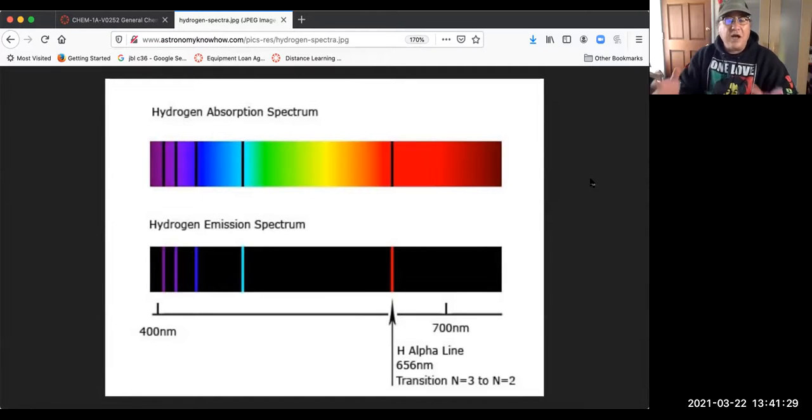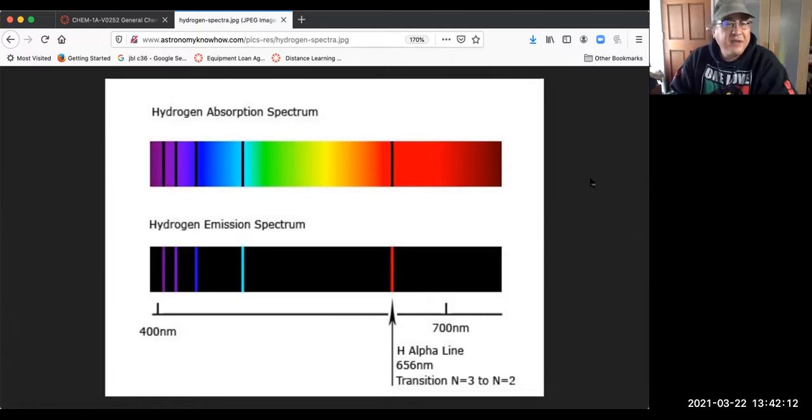Okay, so I went online and I found a hydrogen absorption spectrum and a hydrogen emission spectrum. If you take a look at the bottom spectrum, that's the emission spectrum. So that is a hydrogen lamp with electricity pulsing through it so that the electrons are excited. And as they relax, they emit photons of a specific wavelength of light, which is what we see. Now, the reason we don't see colored lines all over the place there is because only particular relaxations are allowed. So because of the discrete distances between the different orbits, you have discrete wavelengths of light and